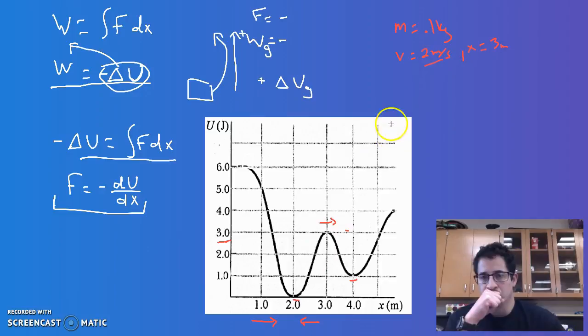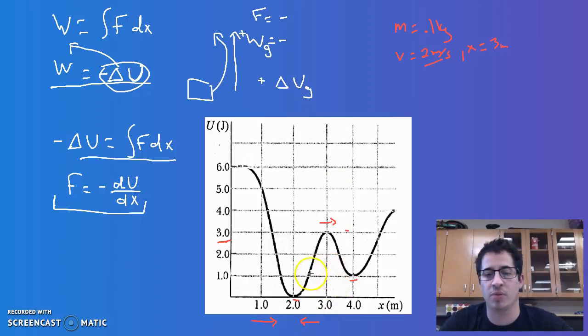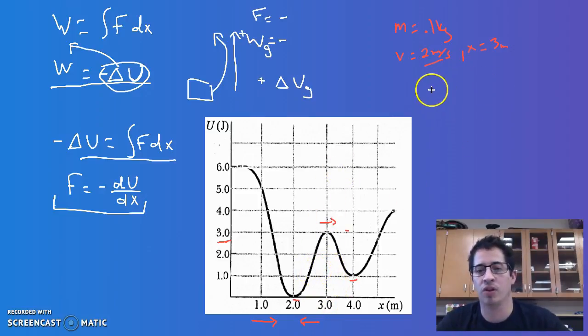Okay, and so the question is, well, is this particle going to be able to escape? And so does it have enough energy to get over this hill right here? And so in order to figure that out, we need to look at the total energy. Okay, and so what types of energy does this particle have at this position? Well, it's going to have some amount of gravitational, or some amount of potential energy. We don't know how much,